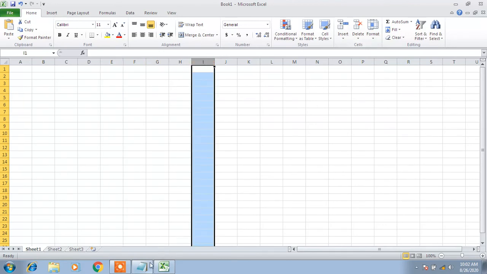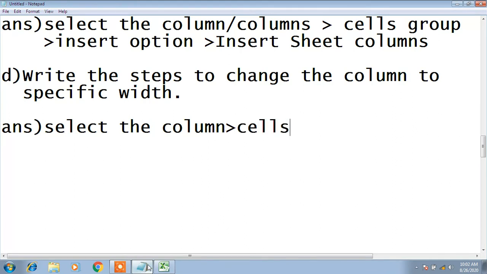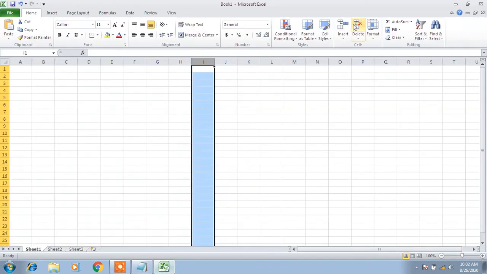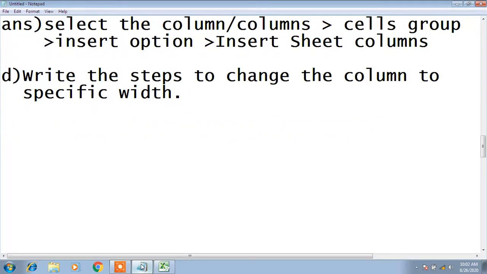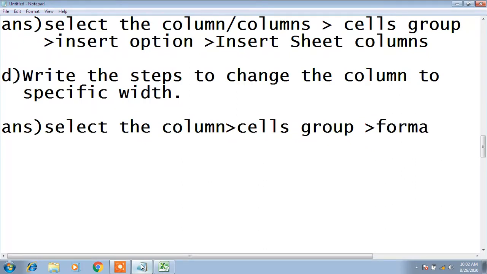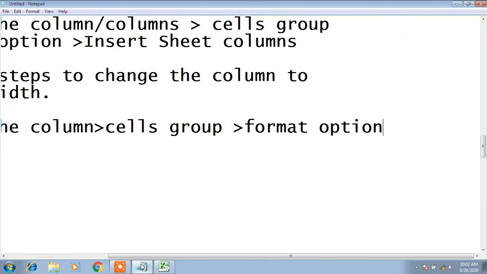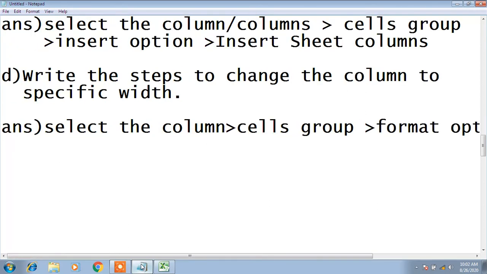In the cells group we have the format option.